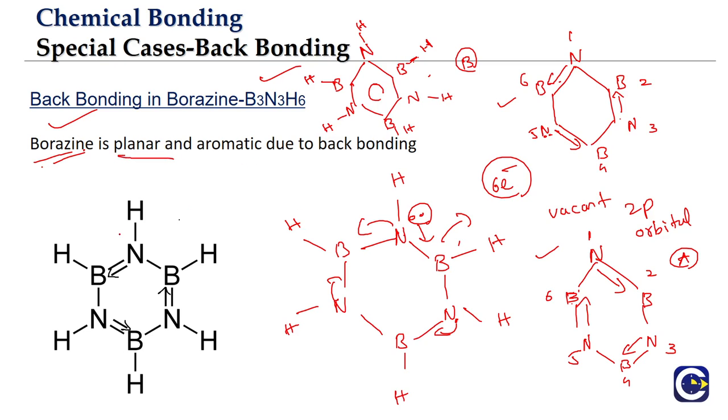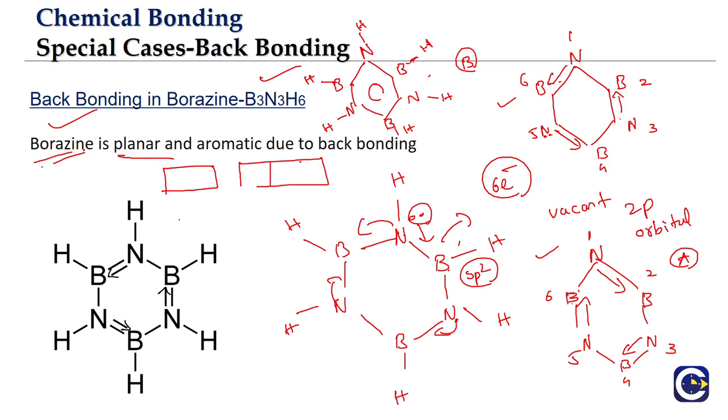This borazine also has a planar structure. Why will it have a planar structure? In the case of boron, the hybridization is sp2, and that is the reason why it will have a vacant p orbital. But what is the thing with nitrogen? What we generally expect for nitrogen is sp3 hybridization. But what happens is